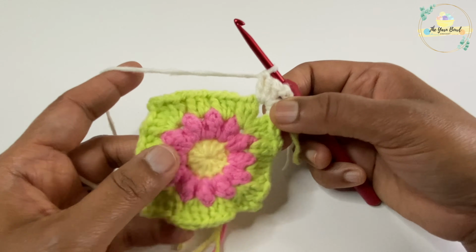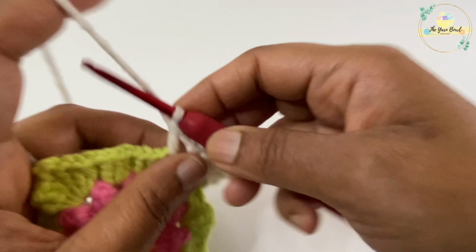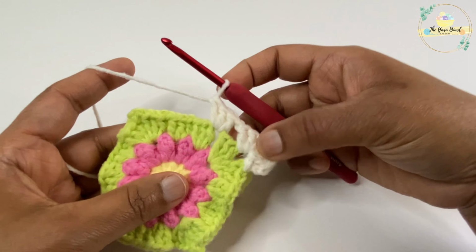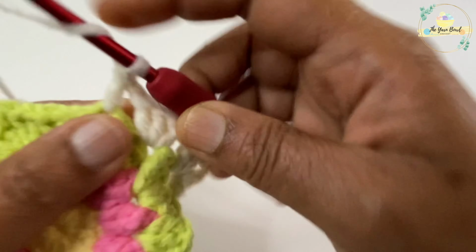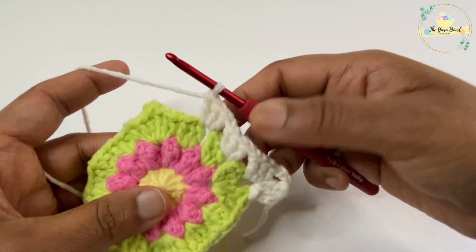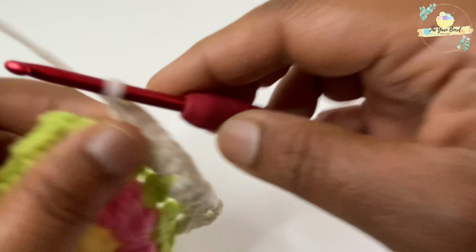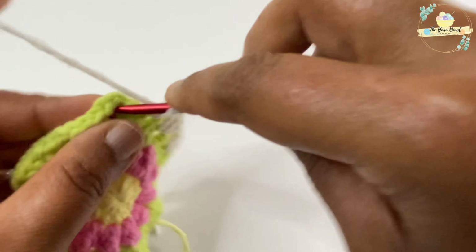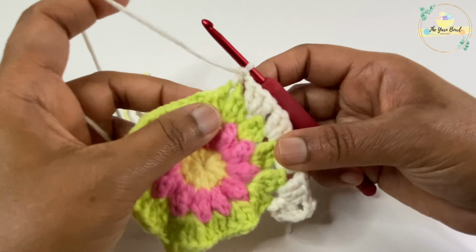So once we are done with this, we are going to work a chain 1, and in the chain 1 spaces of my previous row, I'm going to work 3 double crochet followed by a chain 1. So in the next 3 chain 1 spaces, I'm going to work 3 double crochet followed by chain 1. Once we have worked 3 double crochet followed by a chain 1 on the next 3 chain 1 spaces, I am going to work 3 double crochet, chain 3, 3 double crochet on the corner chain 3 space